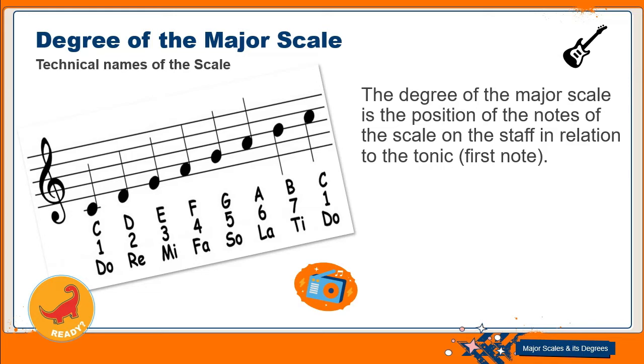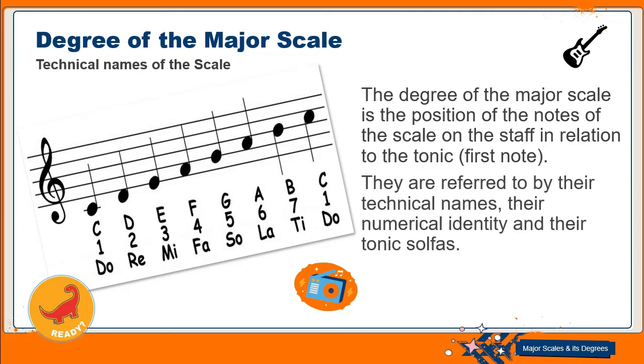When we are constructing the scale, we place the notes on the staff. All the notes that form that scale are arranged one after the other, from the very first note to the octave, in relation to the tonic, because the tonic is the first note, and they are referred to by their technical names,